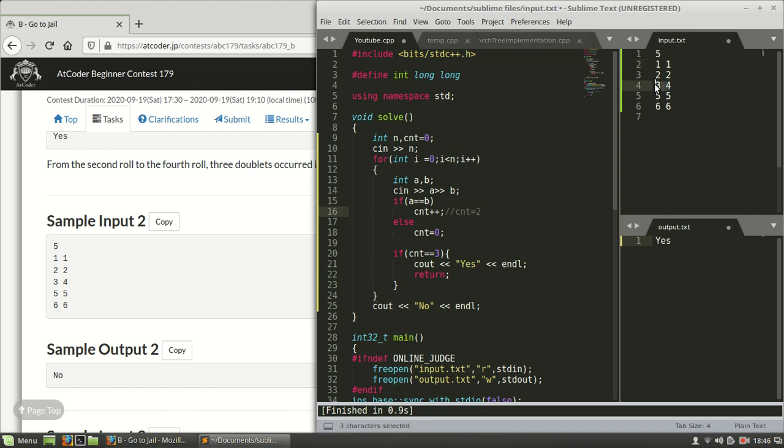But the third time it will be 0, because a is not equal to b: a is 3 and b is 4, so the count will be reset to 0.